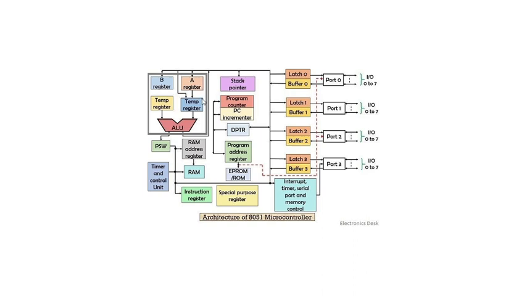CPU is nothing but what? It is the central processing unit. It is the brain of the computer, also called the processor, and the CPU consists of an ALU to perform the arithmetic and logical functions, some registers, and a control unit.